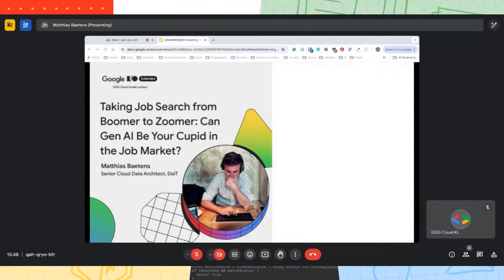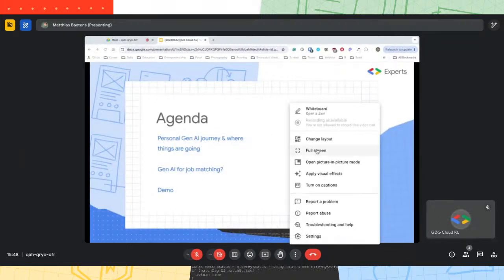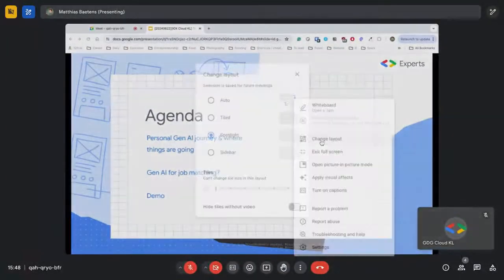But as you might have guessed, it will also be about GenAI. And I don't actually have a lot of slides today, so I hope you are all right with diving into a notebook later on. Sounds good? Awesome. For the agenda, I will kick off with a personal journey of GenAI